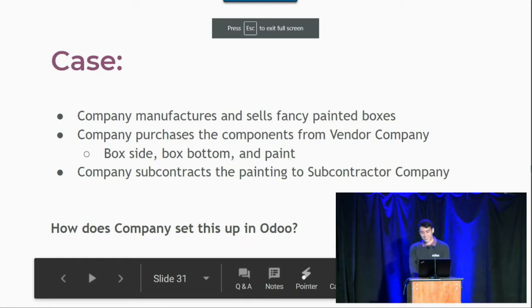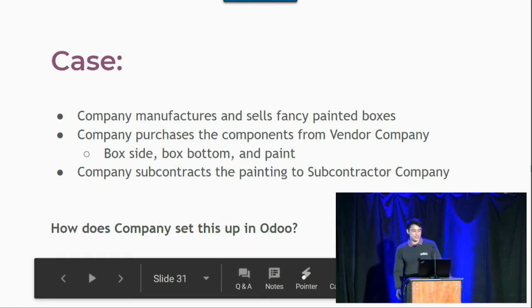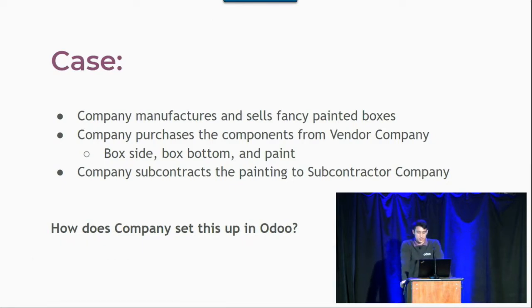So our case here, again, I'm really clever with my name. The company manufactures and sells fancy painted boxes. The company purchases the components from a vendor company. Those include the box sides, the box bottoms, and the paint. And then the company subcontracts the painting to a subcontractor company. So it's our job right now as a team to try to set this up in Odoo and see that